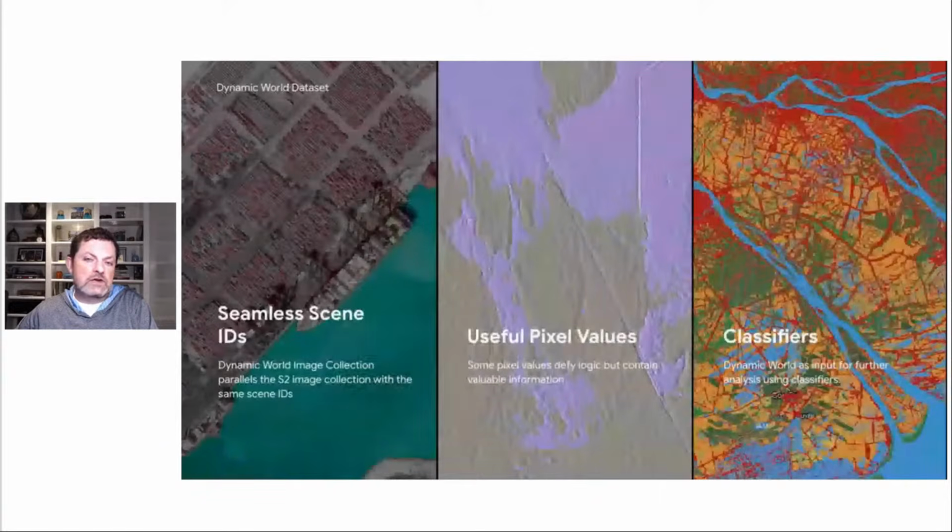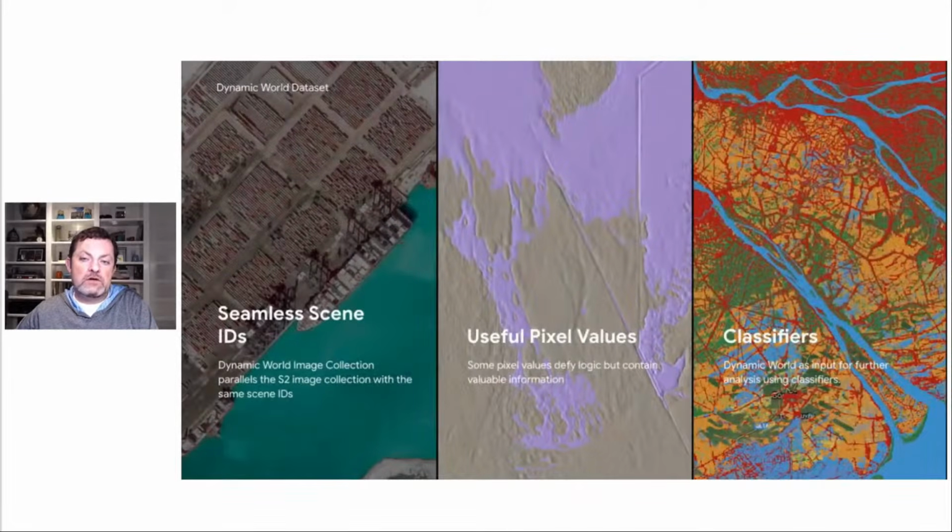So with every pixel characterized across 9 classes, we can empower users to move from analyzing reflectance to analyzing dynamic world output for a large number of tasks. The output catalog parallels the Sentinel-2 image collection with the same scene IDs, allowing users to move seamlessly between the